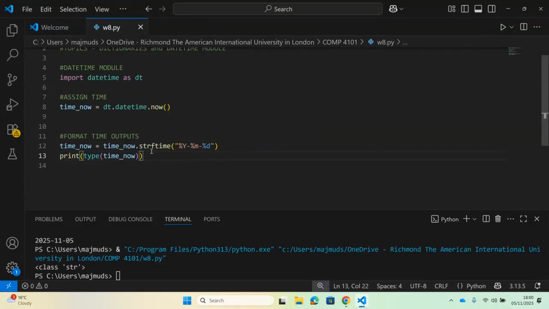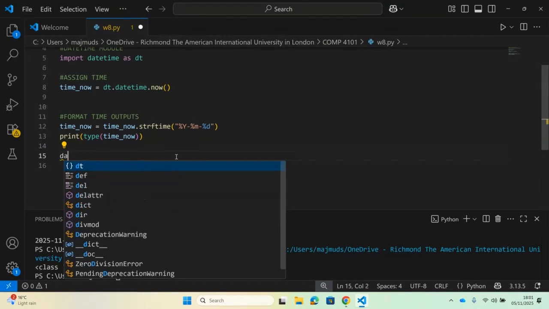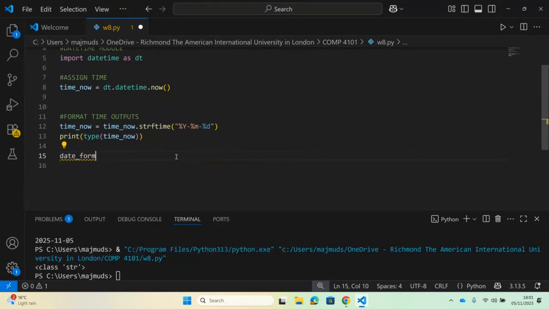So make a note, strftime will give the output as string. This is very important. Make a note, strftime will give the output as string. So what you'll have to do is convert the output into the datetime format. And to do that, this is what you have to do. Let's give a new object. Let's call it date_format